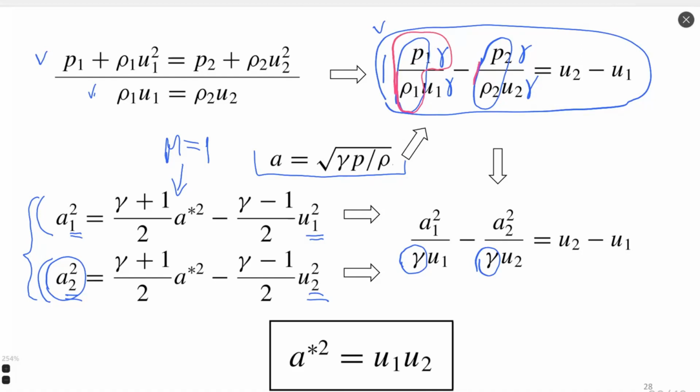This one here and this one here. So this is A1 and this one is A2. A1 and A2. We now have an equation relating together the velocity at two different points before and after the shock wave, and the speed of sound at two different points before and after the shock wave. We do not have any other thermodynamic parameter